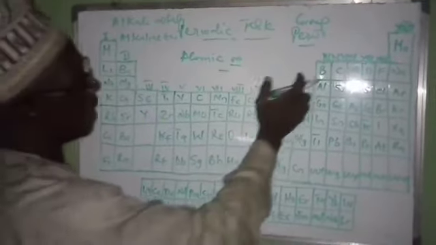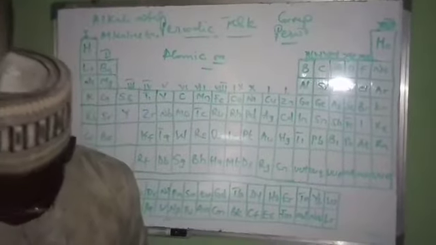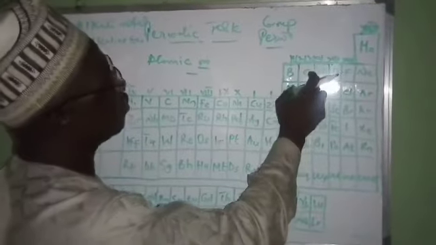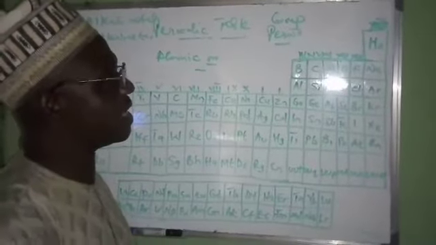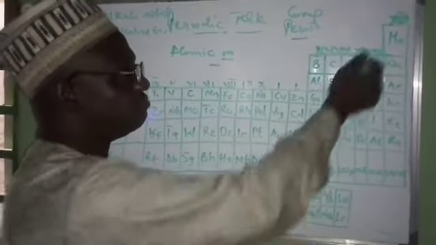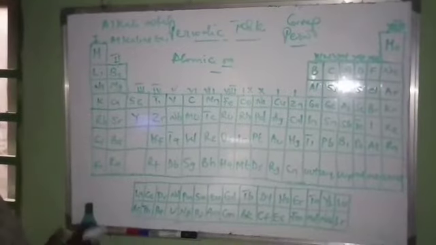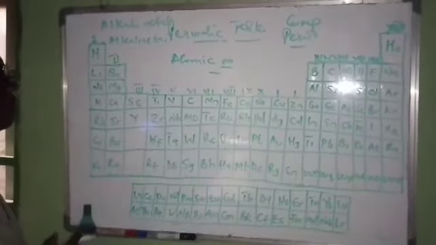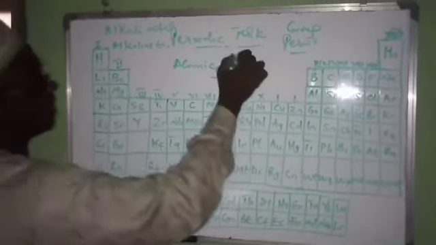We have our boron group, we have our carbon group, we have our nitrogen group, we have our chalcogen group, that is the oxygen down, we have our halogens, the fluorine down, and we have our inert rare gases, our noble gases, the helium down to radon. These are all elements. This is just the picture of the periodic table. All these elements we mentioned are known as the representative